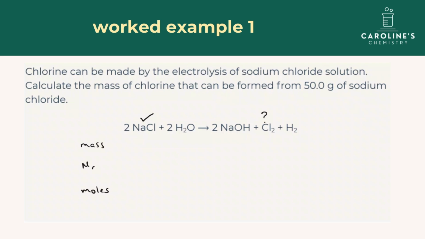We're then going to set up our table of mass over Mr, moles. Now we're always going to start with the column that has the tick. So we're told that we have 50.0 grams of the sodium chloride. Now working down the Mr, the sodium from the periodic table is 23 and the chlorine is 35.5. Add those together for 58.5. Then to work out the moles, we do mass divided by Mr is equal to moles, and that gives us